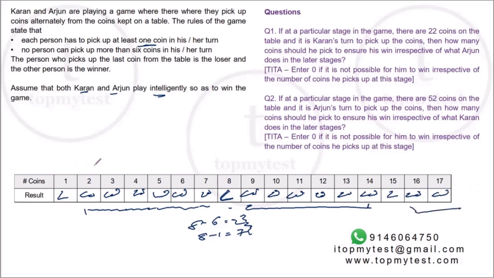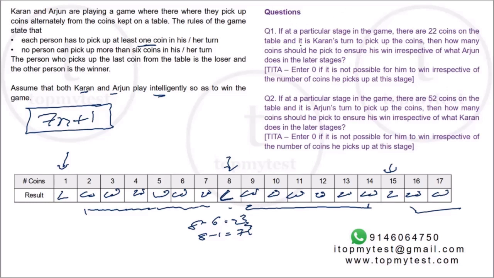So your winning strategy is to put your opponent either at 1 or 8 or 15. If you look at the pattern, it's a multiple of 7 plus 1. That's your winning strategy. If you put your opponent on a multiple of 7 plus 1, you will win. Conversely, if you're faced with a multiple of 7 plus 1, you cannot win. If I have 1 coin, there is no way I can win. If there are 8 coins, I cannot win. If there are 15 coins, I cannot win. So basically, this is your winning strategy for this game.